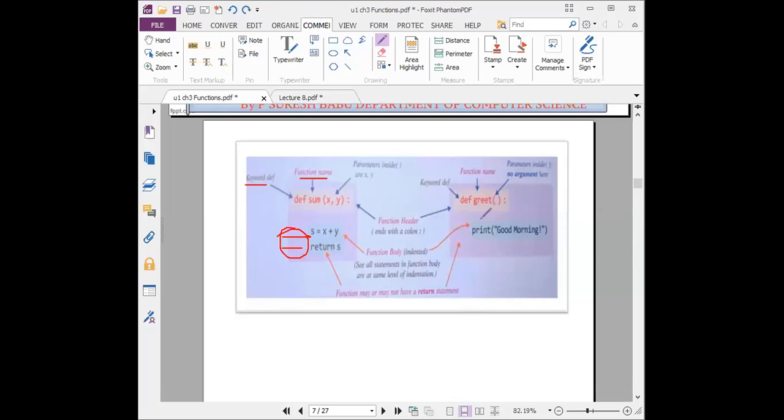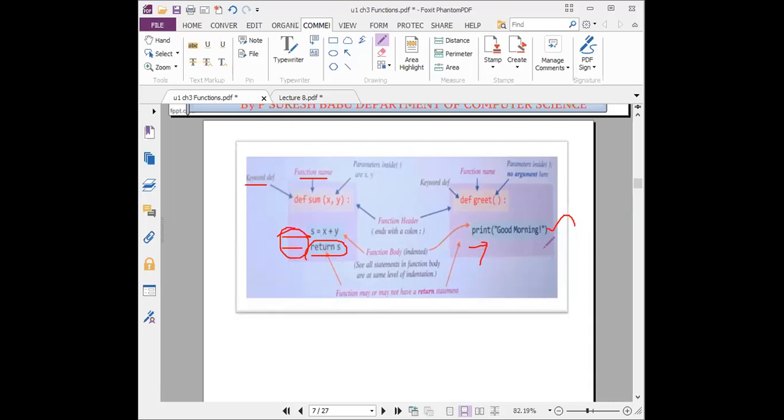Then in the next program, you can see they have given only the print statement without a return value. I already told you a function will return the output as a result. So whatever the function is called, it will return the data as output. We can create a function with a return statement or without a return statement. No return statement here, but we are displaying the output by using the print statement. Directly we are printing, not returning any value.